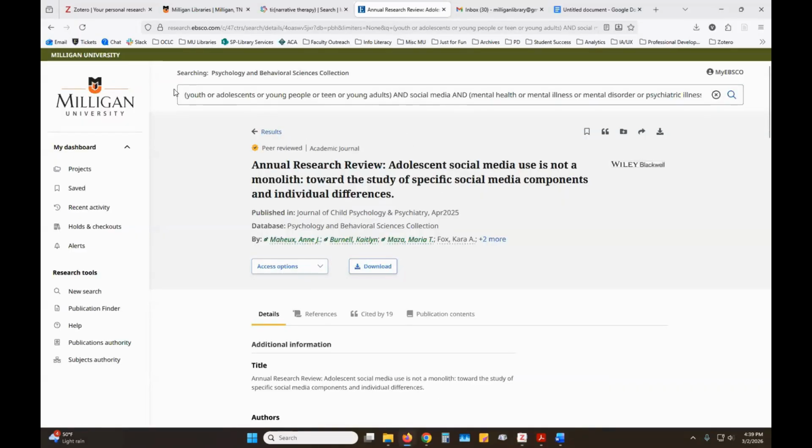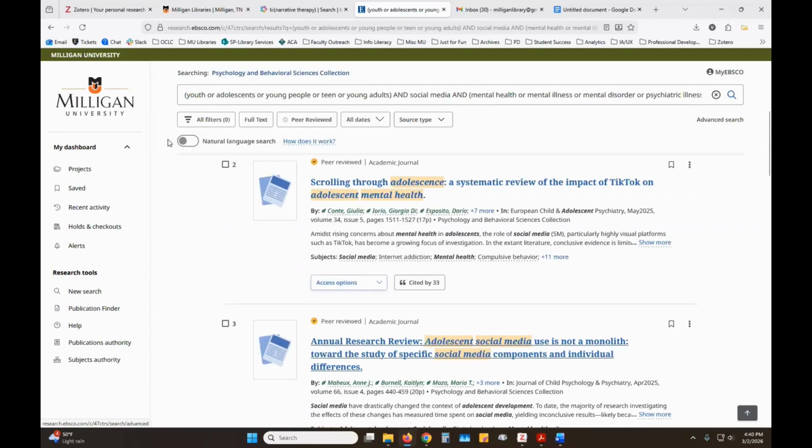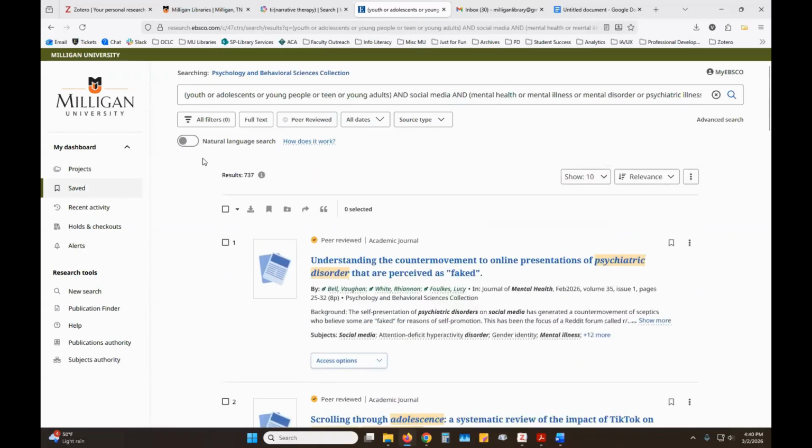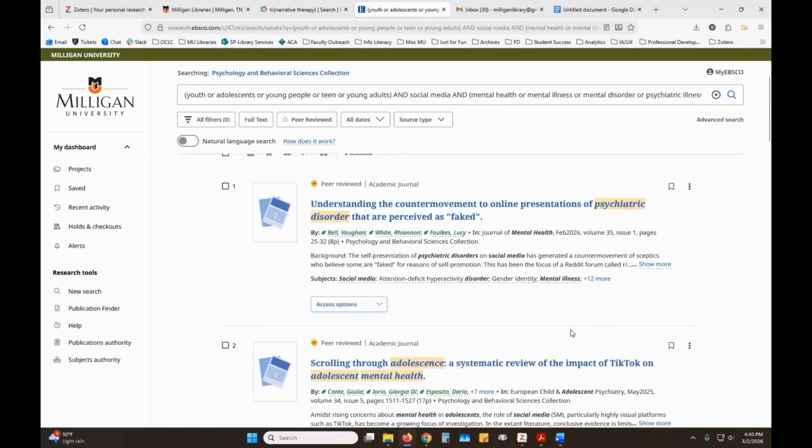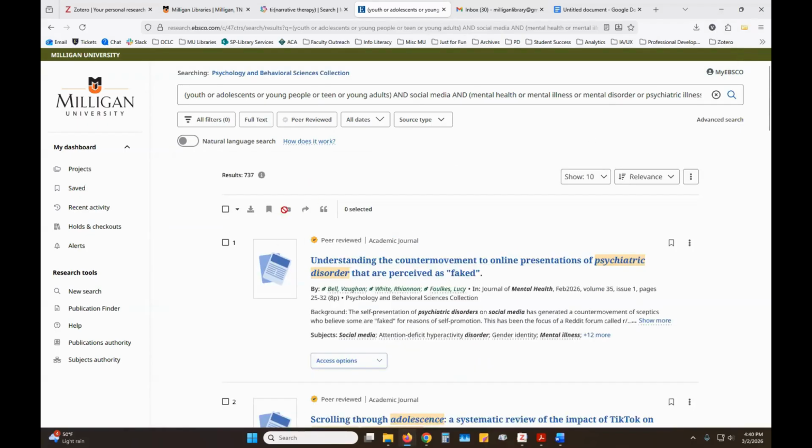So I'm going to go back to my results screen. Again, we've just performed a search in the database, and often you'll get several results on the first page. If you look through a lot of the titles and you're like, yes, I want to review all these, I think they're all good, I'd like to check them out at maybe a later date, I don't want to lose this information, you can always, from the search results screen, go up to the top to your Zotero